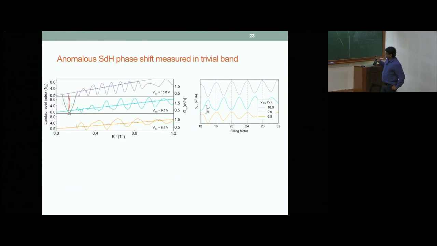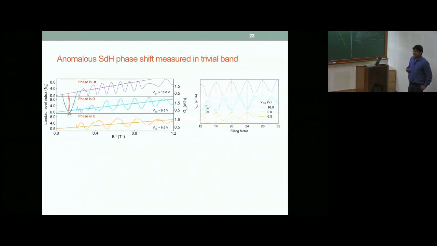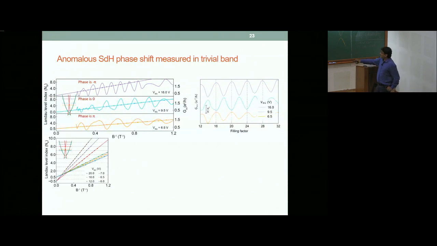So just to give you an idea of how we experimentally do it, what you really do is you measure these quantum oscillations and you fit the minima at different points. Each point is actually a whole data set of a slice, which gives rise to one point in your measurement. And you look at the intercept of this line, which allows you to extract the phase. So here it's a phase of minus 0.5 pi, this is 0 pi, and this is 0.5 pi. So we can extract the phase of this bilayer-like band. As long as you're away from the band gap, you always get a Berry phase of that band, which is either